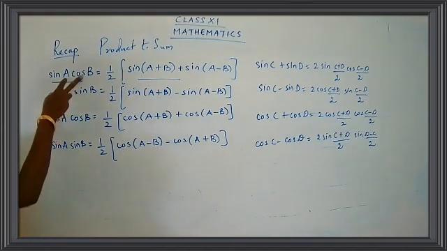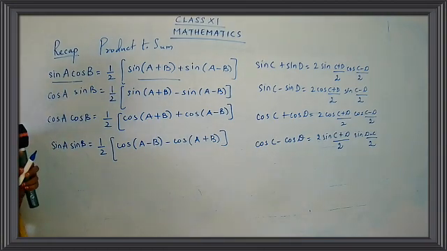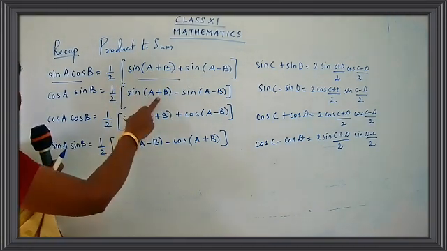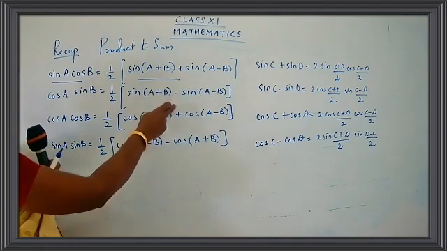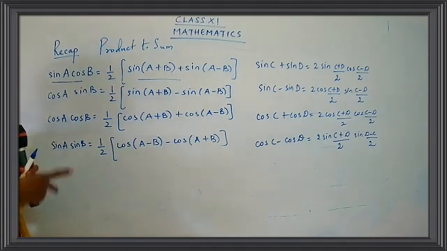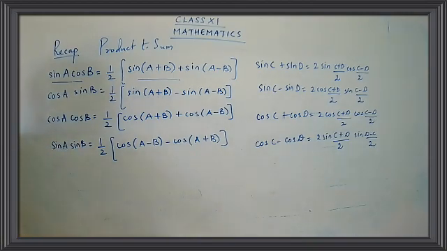Children, when you study the formula, just see here, this is sin A cos B and this is cos A sin B. So here two functions are used and along with the two functions, the answer is sin A plus B, sin A minus B. Only the change in the sign is mentioned over here. That is, when you have sin cos, you have the plus sign, and when you have cos sin, the sign is minus. So be careful. You can just study these two formulas very easily. When you have sin cos, the formula is half of sin A plus B plus sin A minus B. And when it's cos sin, it is half of sin A plus B minus sin A minus B.